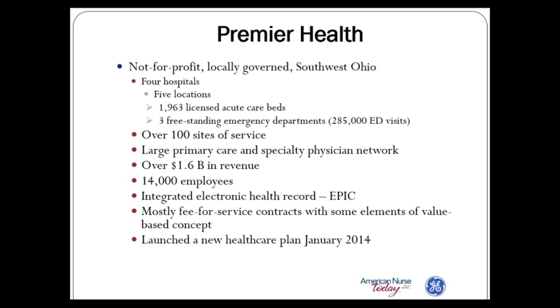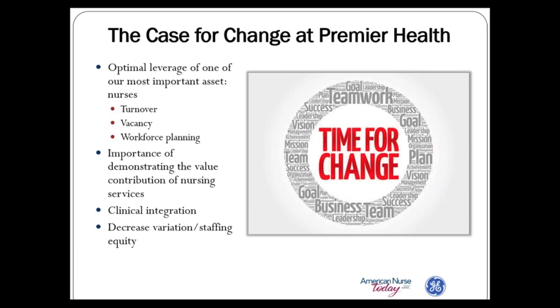We have a fully integrated healthcare electronic health record, which is Epic for us, that goes across the continuum. And we have launched our health plan as of January of 2014, just to give a context of who we are. On the next slide, what I am sharing with you is what was the case for change here at Premier Health to implement an